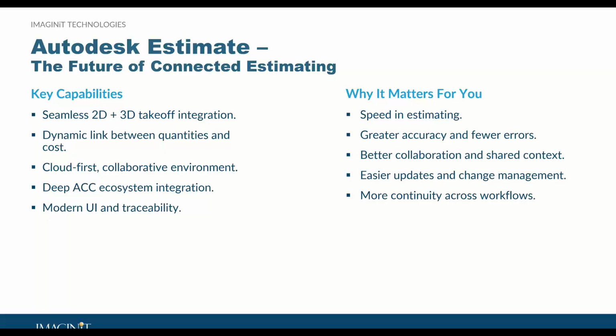And we're going to have integration across ACC. That means your estimate is going to connect directly with Autodesk Takeoff, Build, and Docs, which is going to ensure continuity from design through delivery. And then a modern, transparent interface, so we're going to be able to track estimate versions, see changes, and share assumptions clearly with all of your project stakeholders. So Autodesk Estimate is really about creating a single source of truth for estimating, one that is connected, traceable, and scalable. This evolution is going to mean that your teams can turn around bids faster, update their pricing with more confidence, and carry accurate data from pre-con into cost tracking,